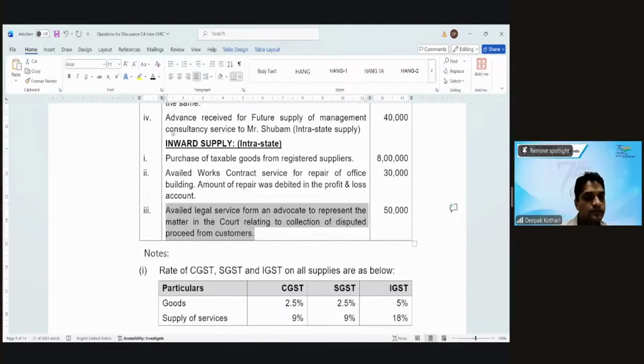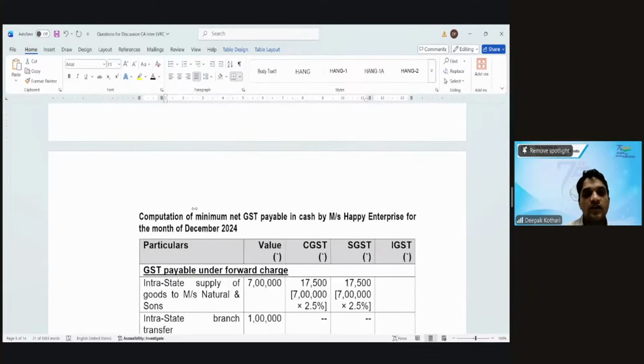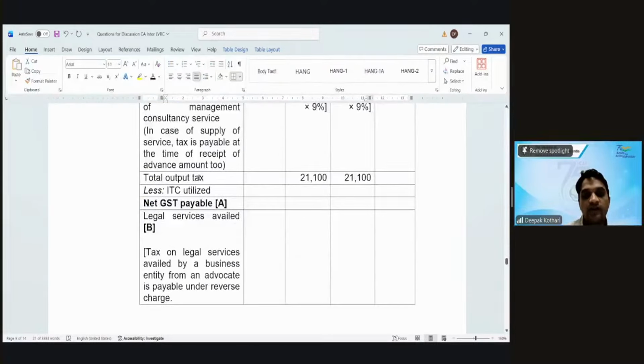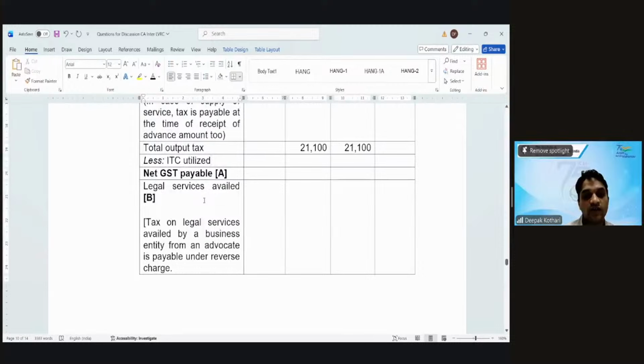Miss Lavanya, outward GST payable is reduced by ITC available, but RCM is always to be paid in cash and therefore cannot claim the credit. Correct, Kushi. So here in our GST payable under forward charge, we have considered total output tax and ITC you will utilize. But on RCM, we cannot utilize the ITC. That's why it is shown separately.